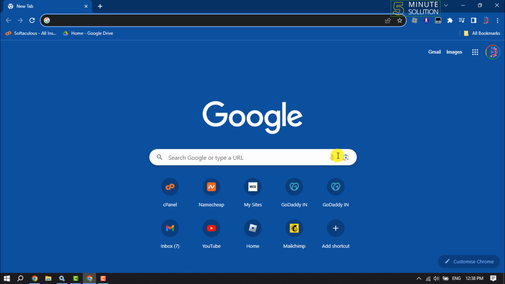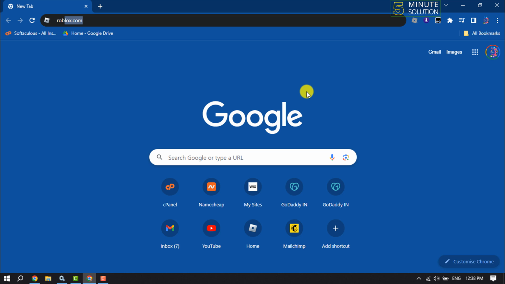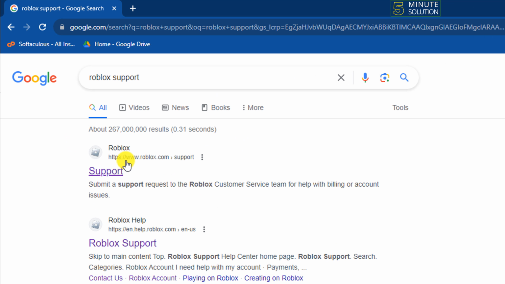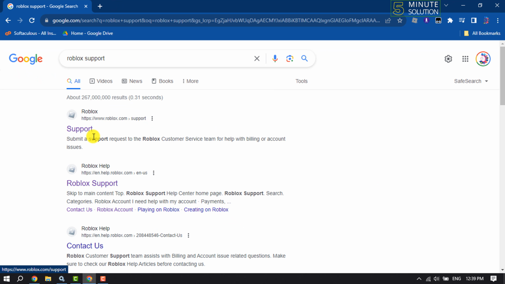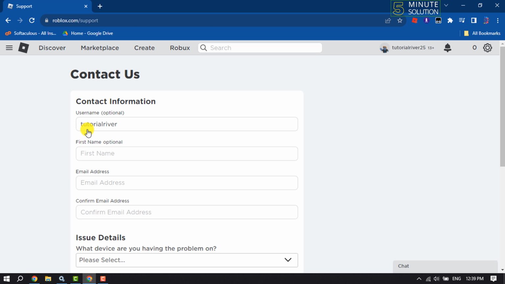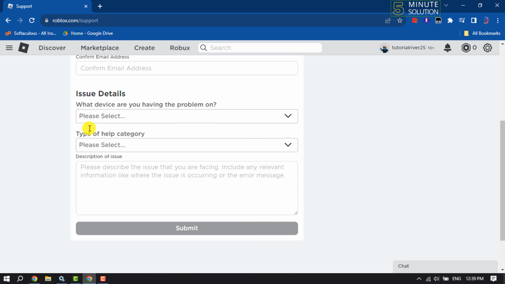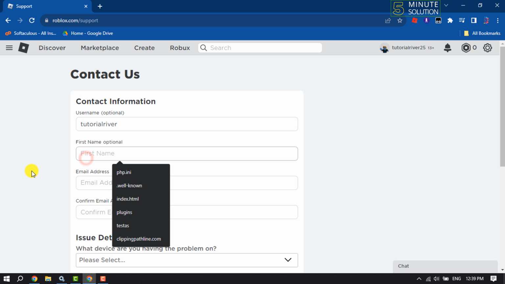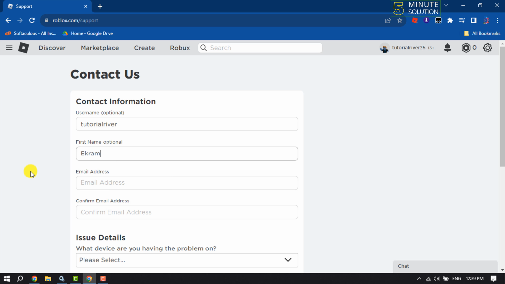So first of all, open your browser and type here Roblox support. Now open the first link, and it's roblox.com/support. Once you are in the support page, here you'll get a form. So all you need to do is enter here your Roblox account username and write here your Roblox account first name,